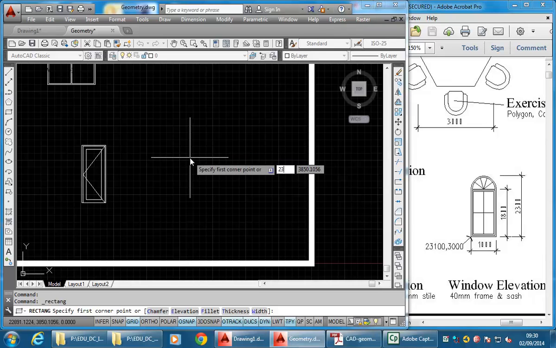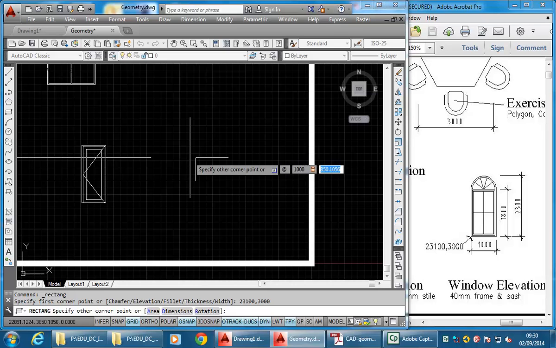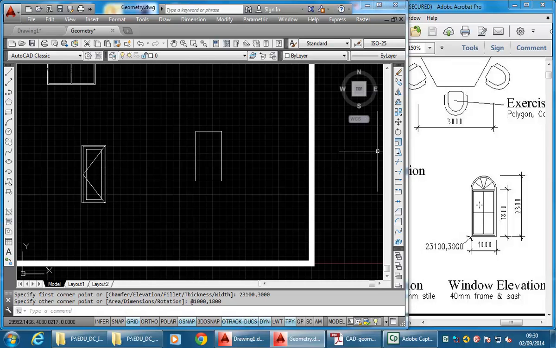Starting at 23,100, comma 3,000, and then at 1,000, comma 1,800. So drawing the bottom part first, so just up to here,